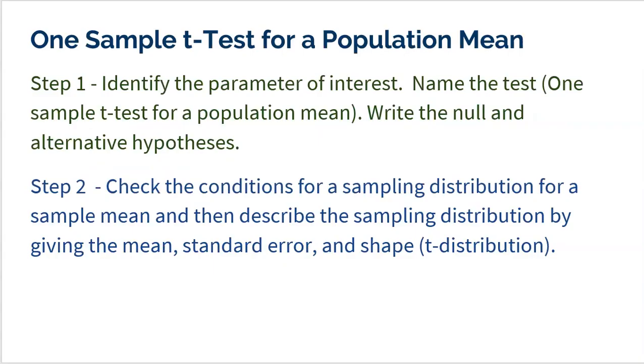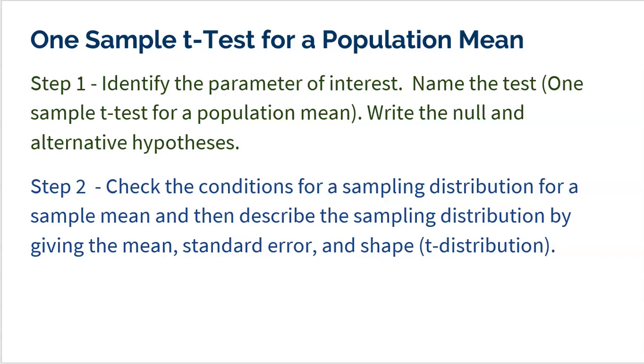All right, so let's briefly remind you of steps 1 and 2. When you're conducting a one-sample t-test for a population mean, step 1 is really just identifying the parameter of interest. What is the problem dealing with? Like, am I dealing with the mean weight of alligators, or the mean height of teenagers? What are you talking about? And then you want to name the test. It's called a one-sample t-test for a population mean. And then, of course, we have to write the null and the alternative hypotheses